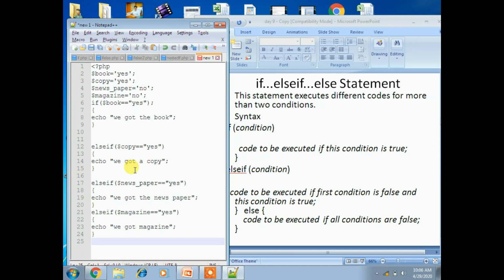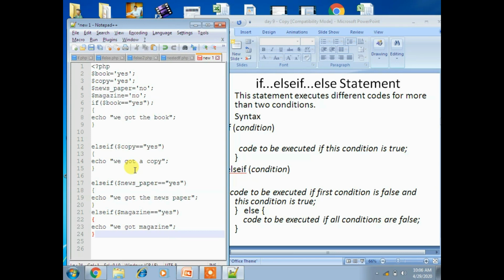And if each and every statement, all the conditions, are false, then you have to display another one, right? That we will see later, but first we have to execute the program.